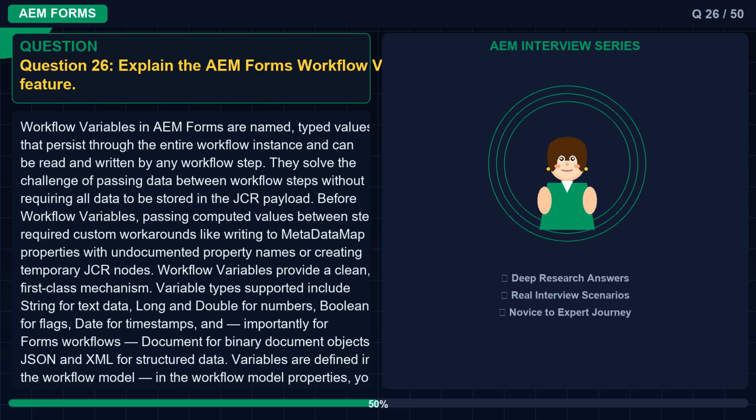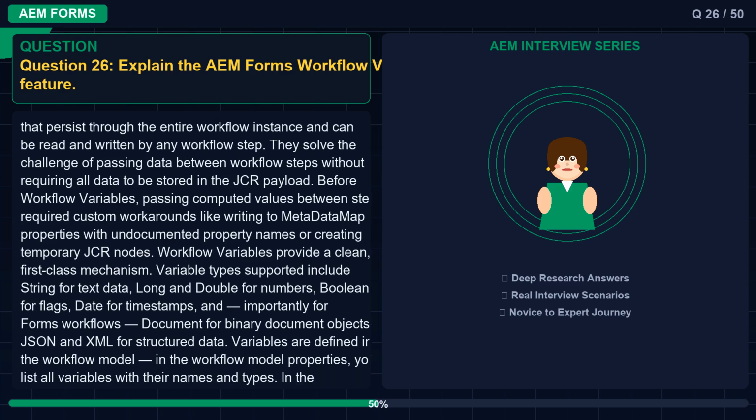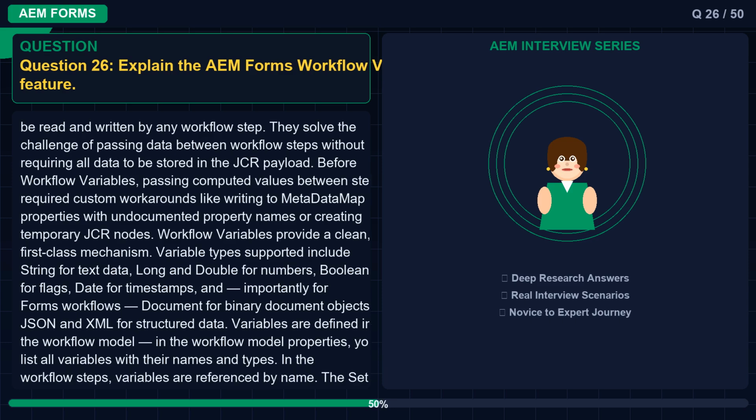Question 26. Explain the AEM Forms workflow variable feature. Workflow variables in AEM Forms are named, typed values that persist through the entire workflow instance and can be read and written by any workflow step. They solve the challenge of passing data between workflow steps without requiring all data to be stored in the JCR